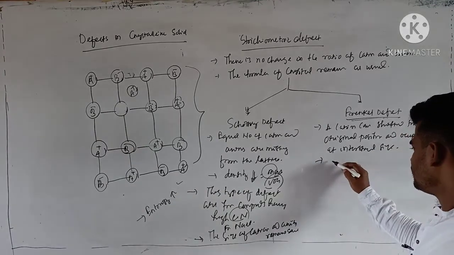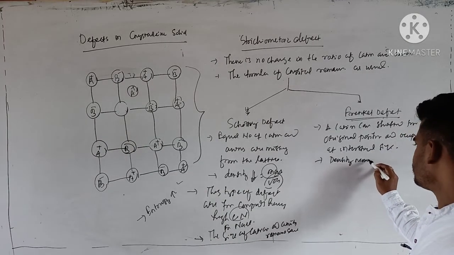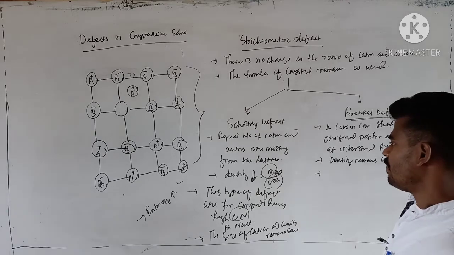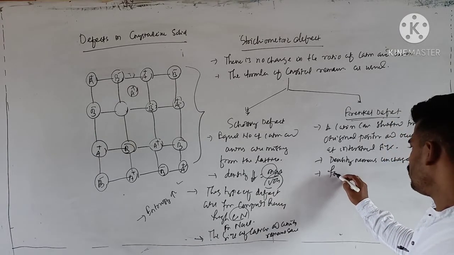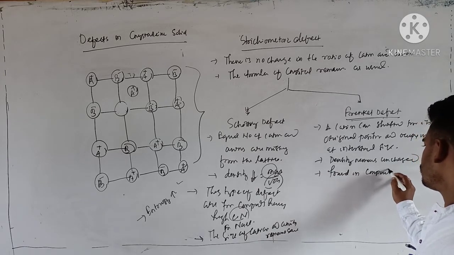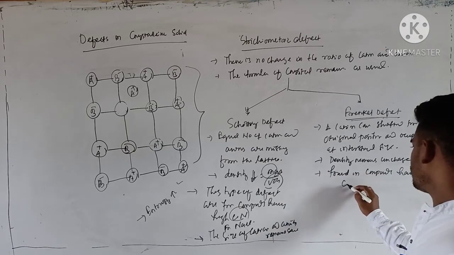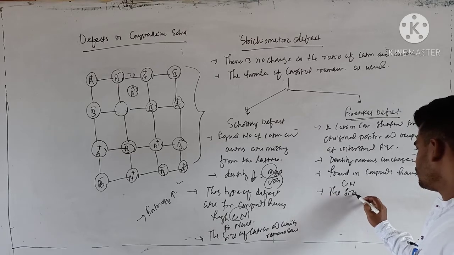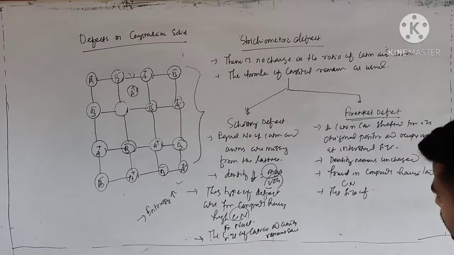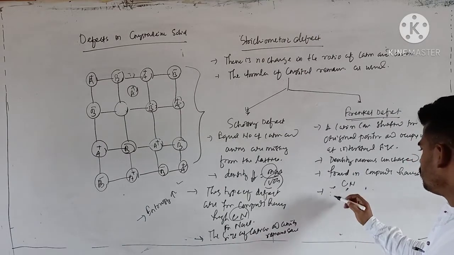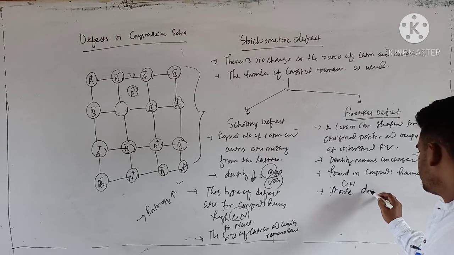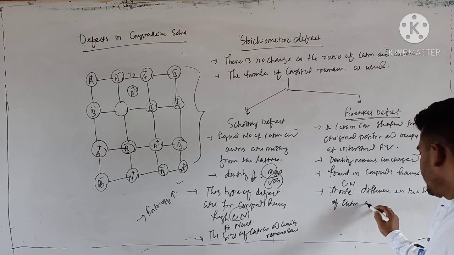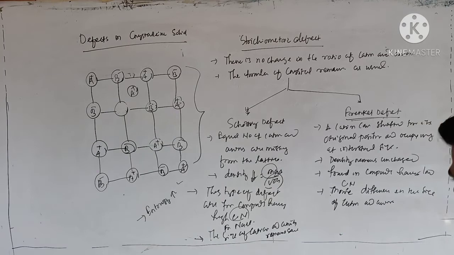Then here, there is no change in mass because that ion is also present within the crystal lattice, so density remains unchanged. This type of defect is generally found in compounds having low coordination number, where there is a much bigger difference in the size of cation and anion. Is that clear?